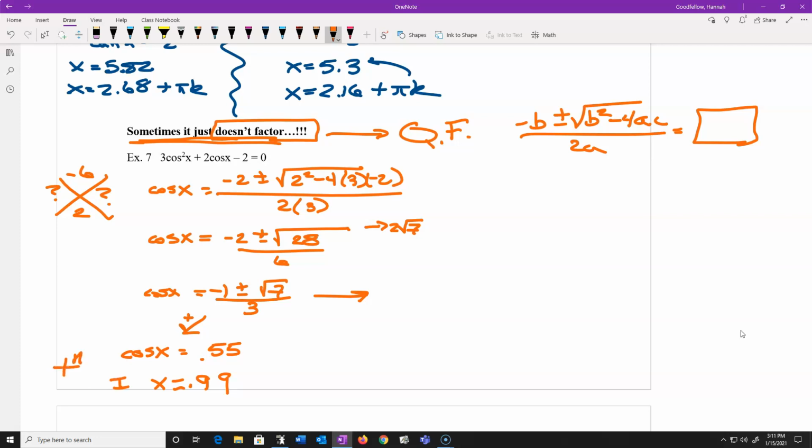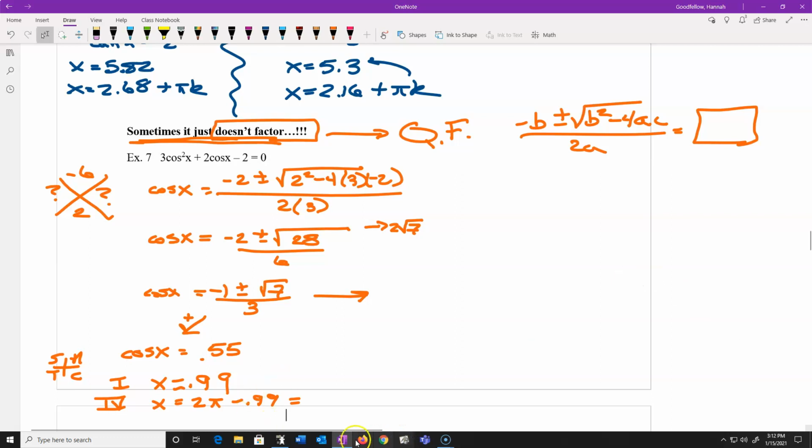But ASTC says that it could also end up being in the fourth quadrant, and that fourth quadrant answer would be this reference angle subtracted from 2 pi, or 2 pi minus 0.99, and let's see what that number is